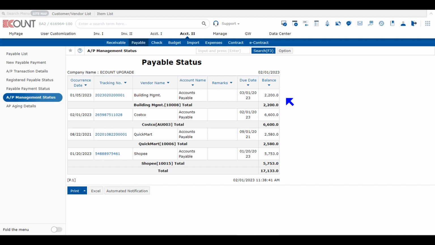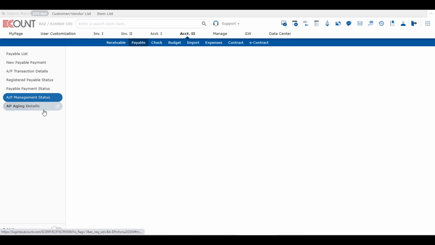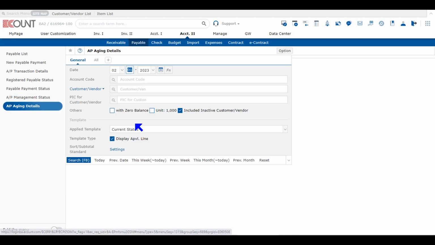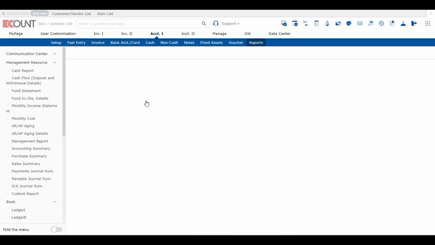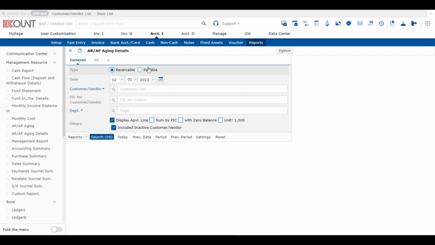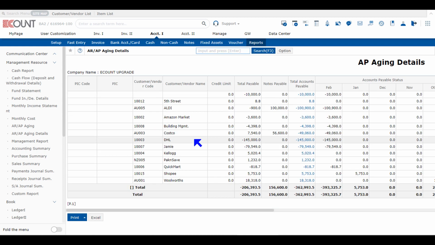Lastly, we will discuss AP Aging Details menu. So this report is similar to the AR/AP Aging Details report of Accounting 1 Reports module. So in this report, if you search by payable type, you will view a similar report. However,